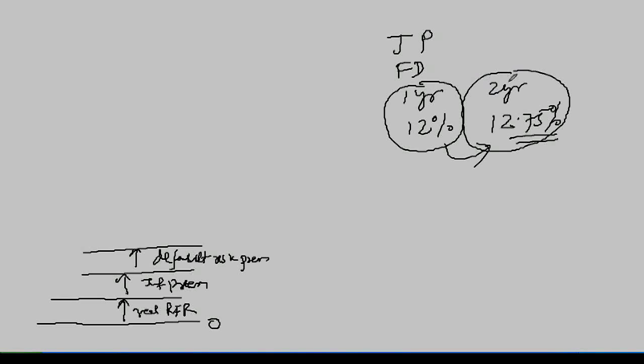So what you have over here is maturity risk premium. Why? Because your money is getting locked up for more number of years, and as a result the return that you want is more because you are not having the benefit of your money for more number of years, right? So you want more return. Okay. So what we have is this extra 0.75% is because of